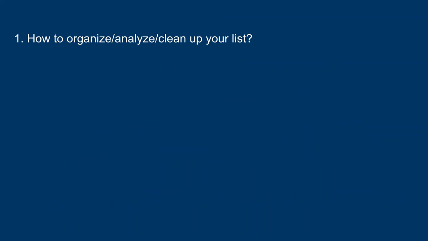How to organize, analyze, or clean up your list. So with my list, I have been using MailChimp. Now I'm switching over to MailerLite. And I like to have one list for freebie seekers. So if I'm doing a book giveaway or I have a free book and people are signing up, I like to have them all go into one list where I'll try to turn them into real fans. And then I'll have another list of actual fans.